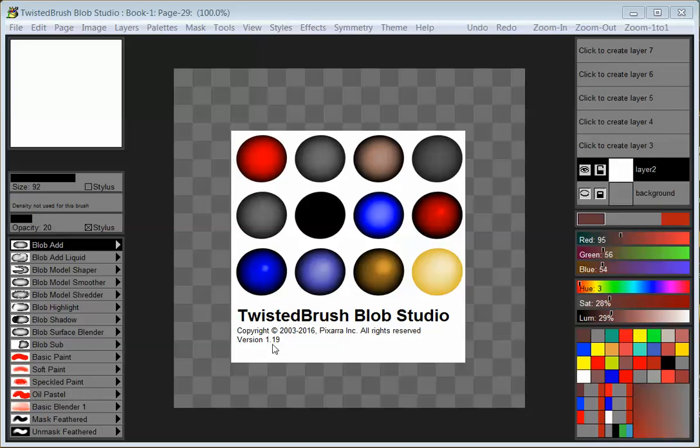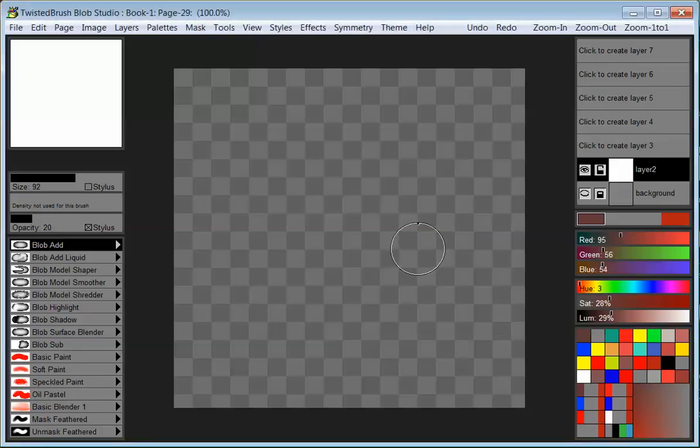You notice here I have version 1.19 that's being used. If you have an earlier version and are trying to follow along with this video, I recommend you install the update and get this version or something later, because the brush names and even how they respond have changed a bit. So in this video I just want to give an introduction to Blob Studio, its use, and